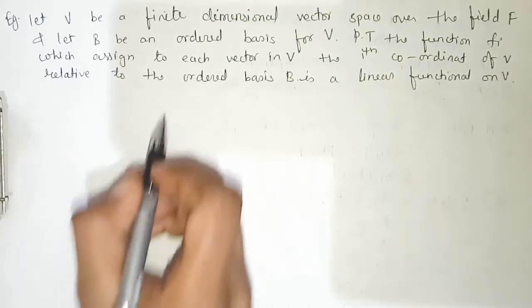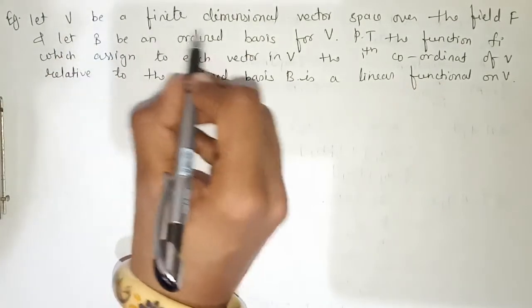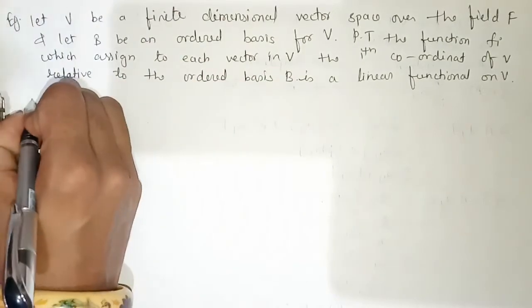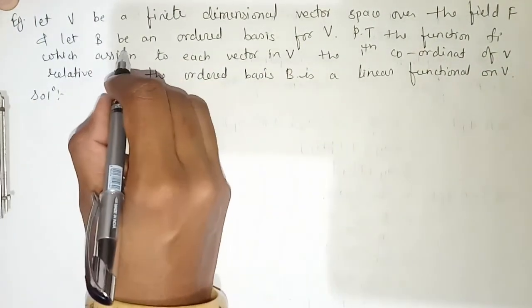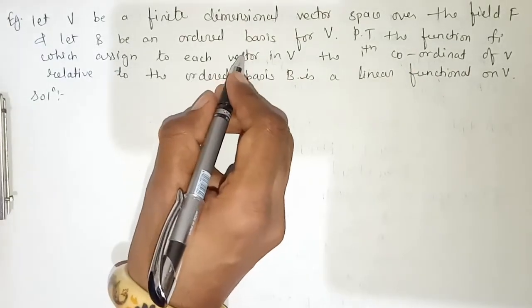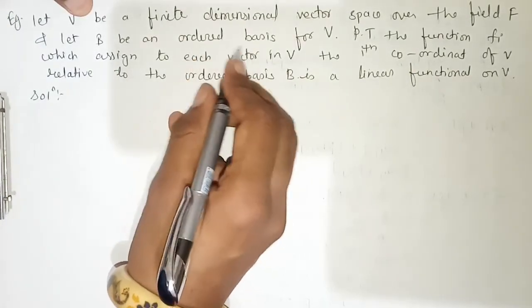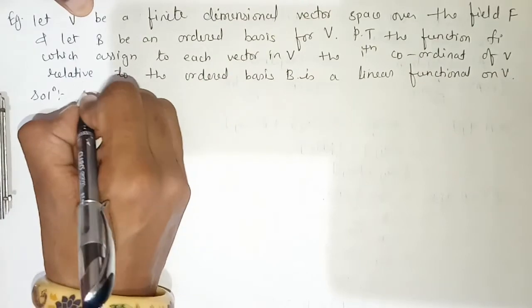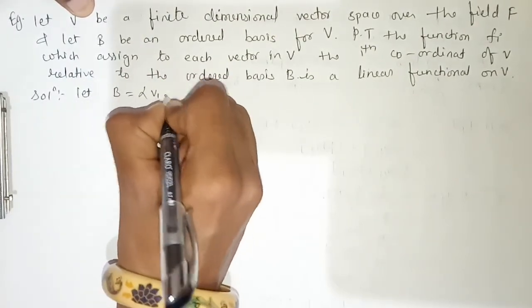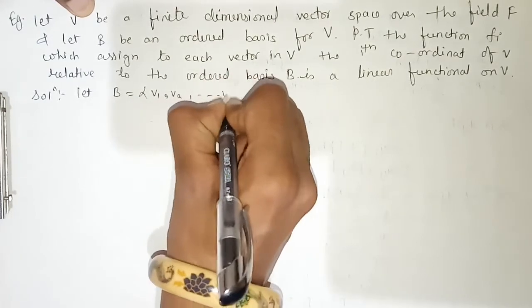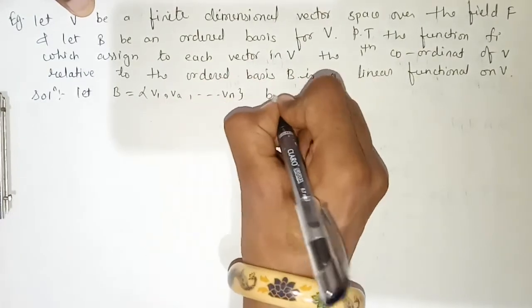See the question. Let V be a finite dimensional vector space over the field F. Let B be an ordered basis for V. So here B is an ordered basis for V. So first of all we will select B equal to v1, v2, up to vn, the ordered basis